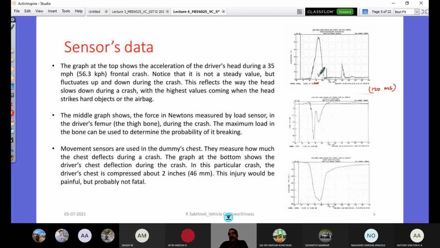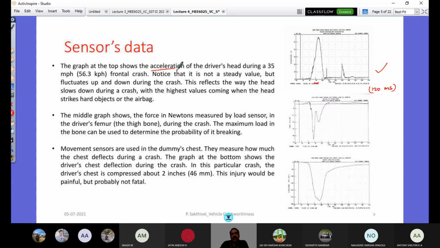So if we use 50 G accelerometers in a normal testing condition, here you see some 2000 G to 3000 G acceleration sensitivity sensors used. Such sensors are mounted in the head, and that gives you this. This graph on the top is a graph that gives